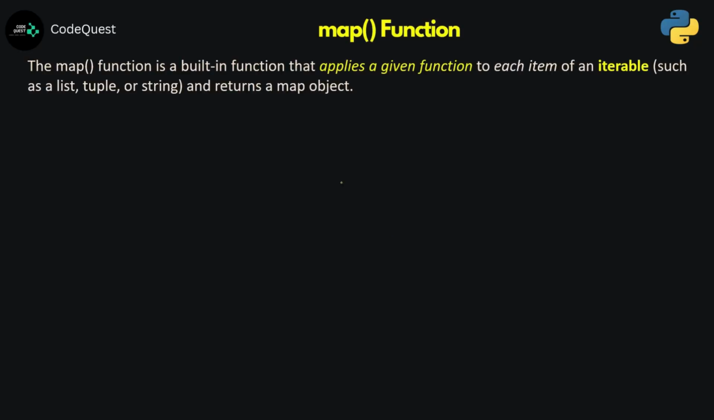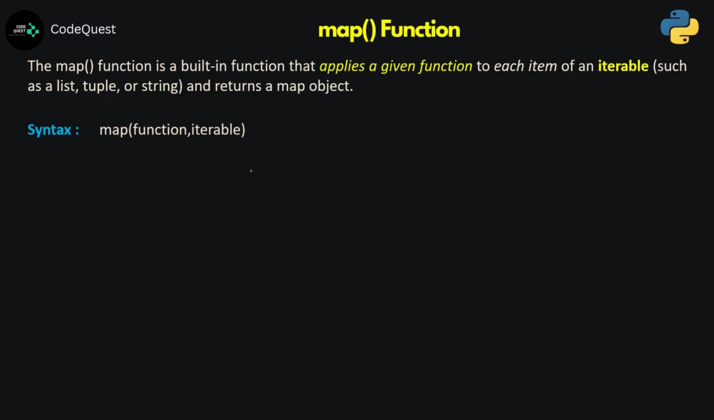The map function is one of the built-in functions that applies a given function on each item of an iterable or a sequence, where the iterable can be a list, a tuple, or maybe a string. The end result is an object called a map object. The syntax is pretty similar to how we have used filter. We write the map function here, and there are two arguments. The first argument is the name of the function which is to be applied on the iterable or